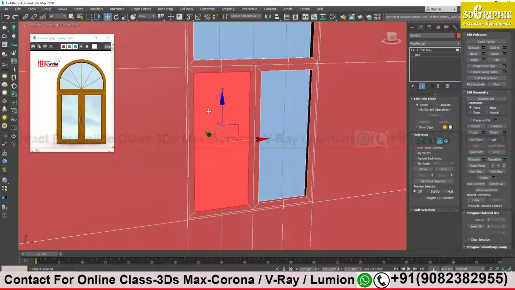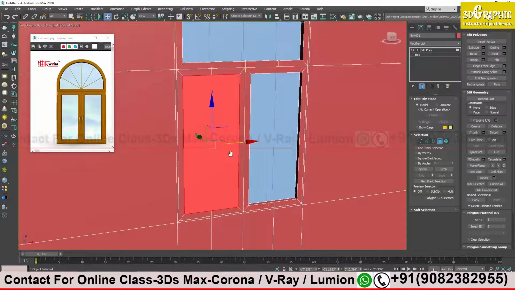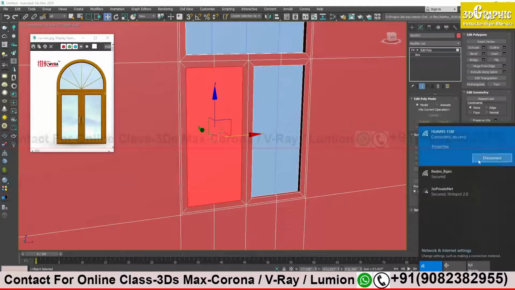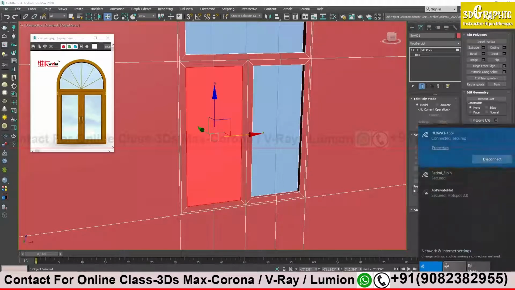I think your screen is gone. One second. My screen is not visible. Yes. One second, let me check if the network is okay. My network is okay, I think. Let me log off and log in again, okay? Just give me a second. I will just log off, maybe some network error.